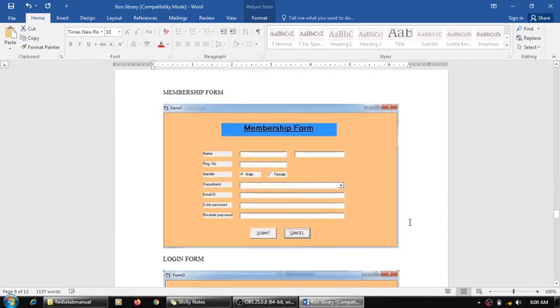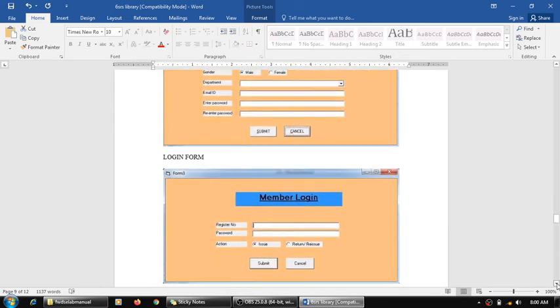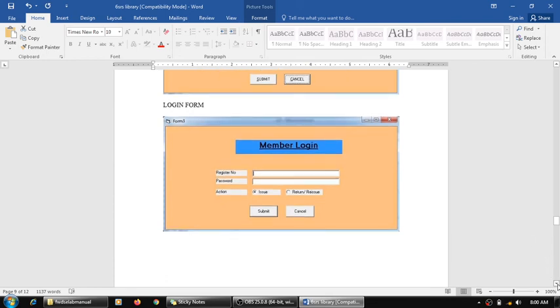Then membership form looks like this: name, registration number, gender, right, department, email ID, password, and re-enter the password. So it depends upon you, whatever fields you want to take. As many functionality you will try and the constraints on that is better for you, right?